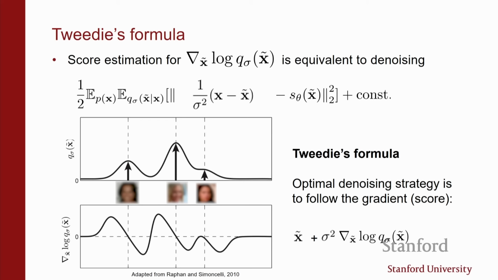And what we've just shown is that the best way to denoise is to follow the gradient. So if somebody gives you a data point to the left here, how should you denoise it? You should follow the gradient to go towards high probability regions, which makes sense. If you're trying to denoise, change the image and push it towards high probability regions. In fact, the optimal denoising strategy is to take the noisy sample and take a step, with the right scaling, basically following the gradient of the log perturbed data density.